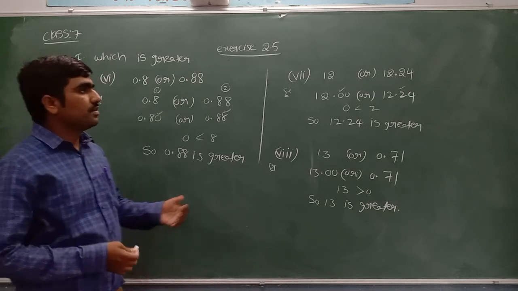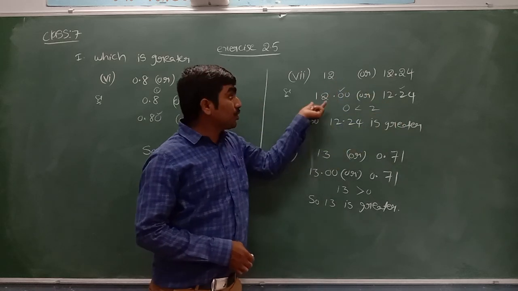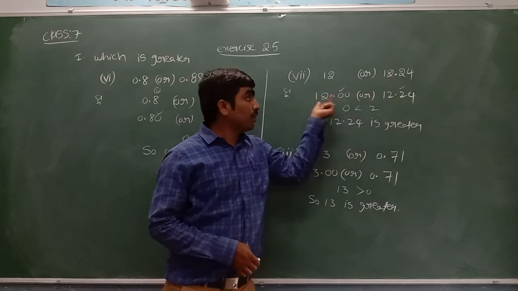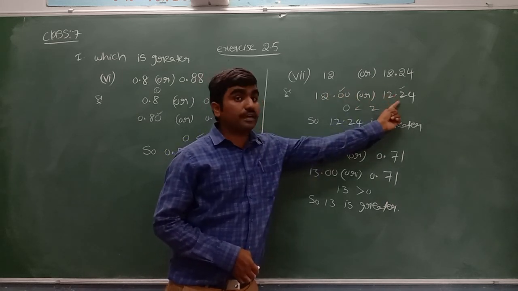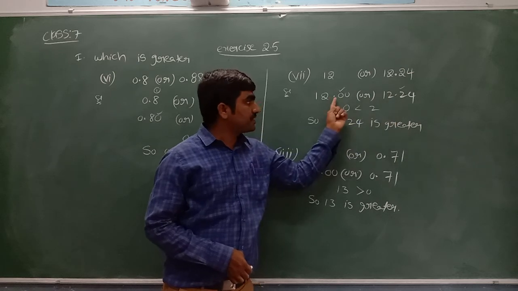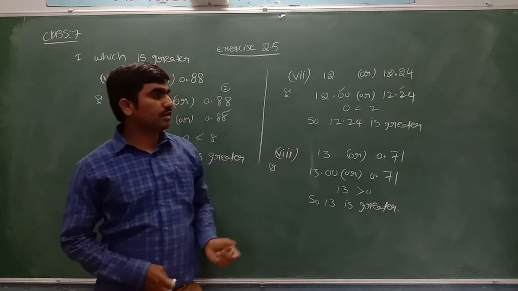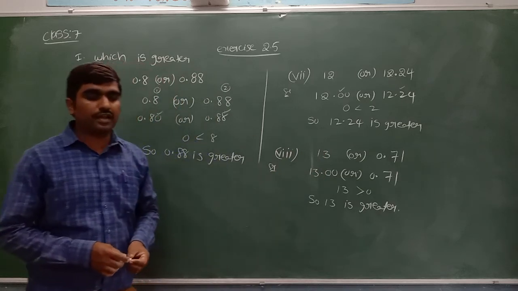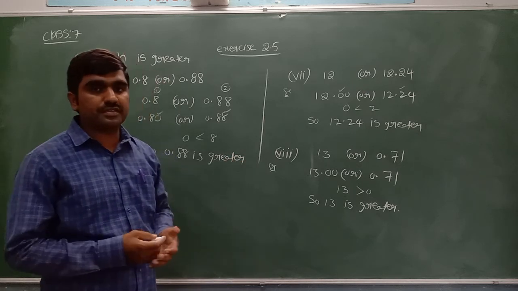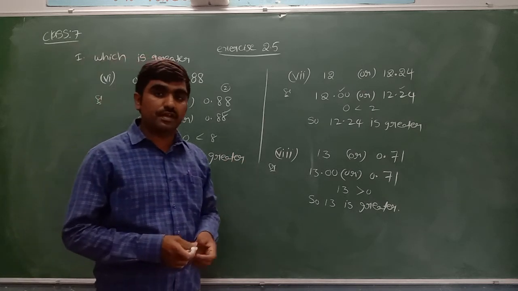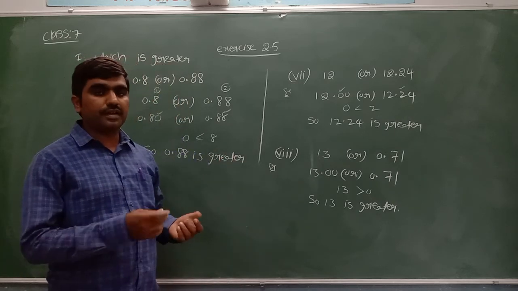What are we doing now? First we have to express both as like decimals, then compare the whole number part. If the whole number part is the same, then go to the decimal part and compare the 10th place digit. If the 10th place digits are the same, compare the 100th place digit, and so on. That is the way to identify greater and smaller. I hope everyone understood what decimals, like decimals and unlike decimals are, what the expanded form is, and how we can identify the greater and smaller.